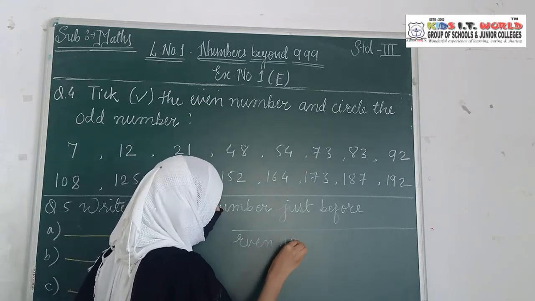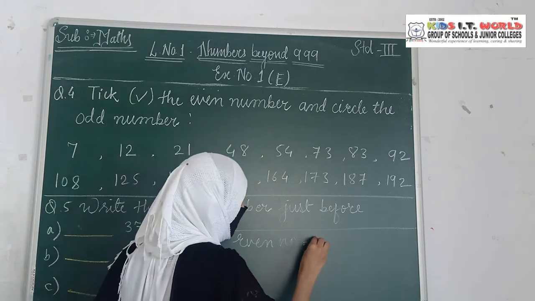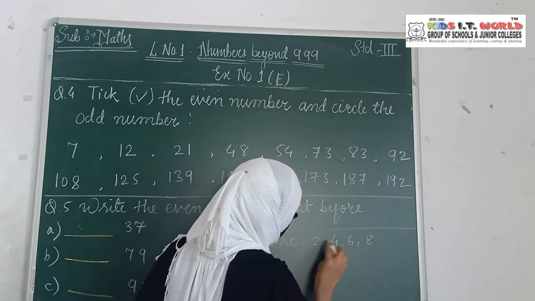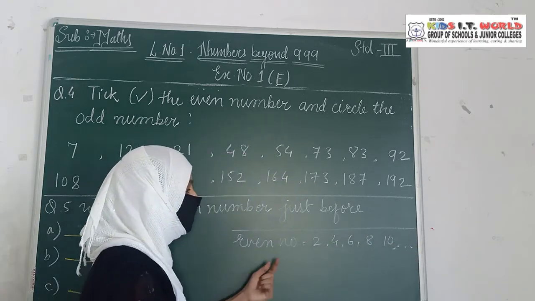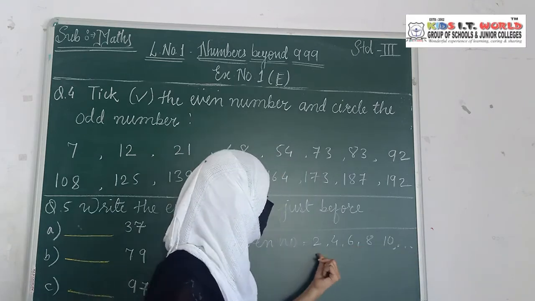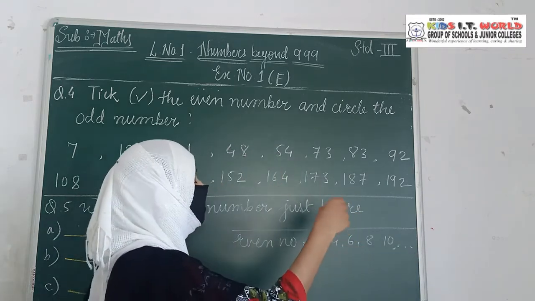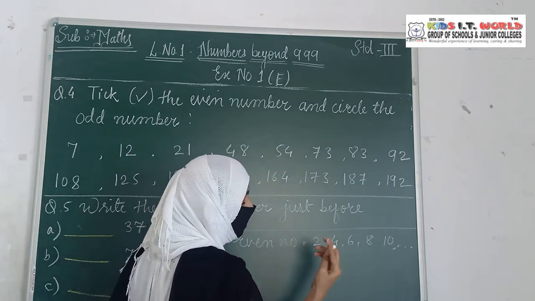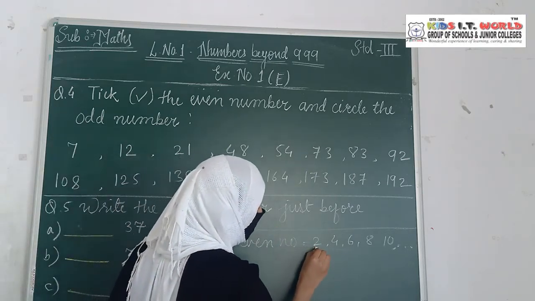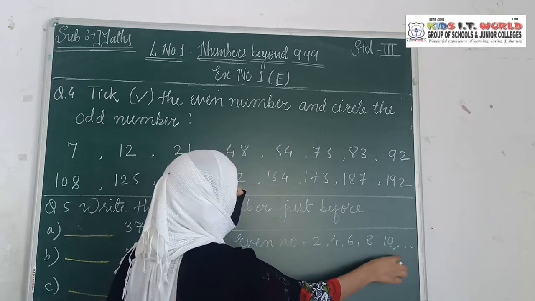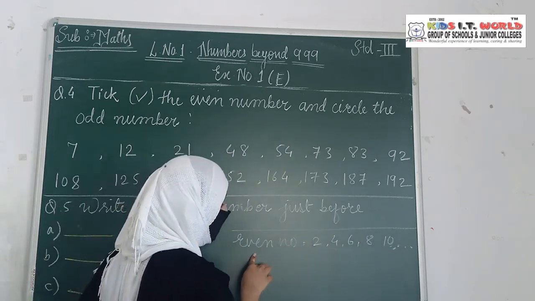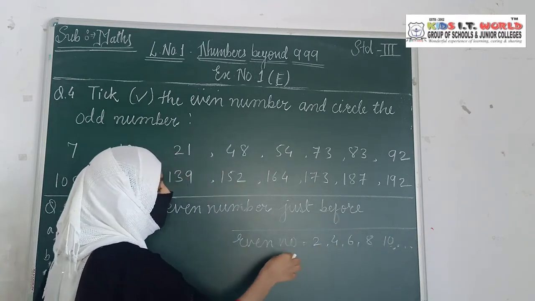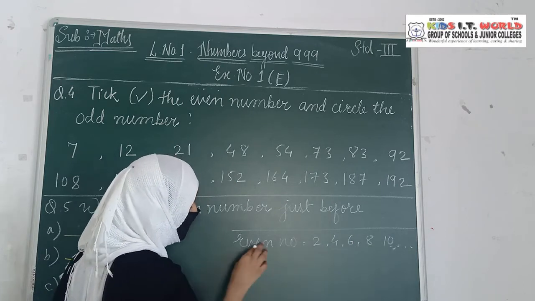So about even numbers, the numbers which have the value 2, 4, 6, 8 and 10 and so on. In this way the numbers 2, 4, 6, 8, 10, 12, 14, 16, 18 are divisible by 2. If a number has two digits and at the end it has 2, 4, 6, 8 or 0, that number is an even number. So even numbers are 2, 4, 6, 8, 10, 12, 14, 16 which are divisible by 2. Those numbers are called even numbers.